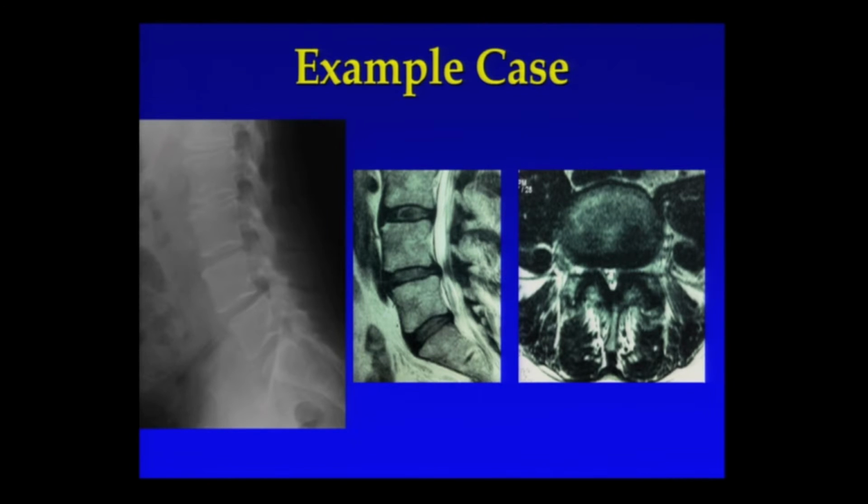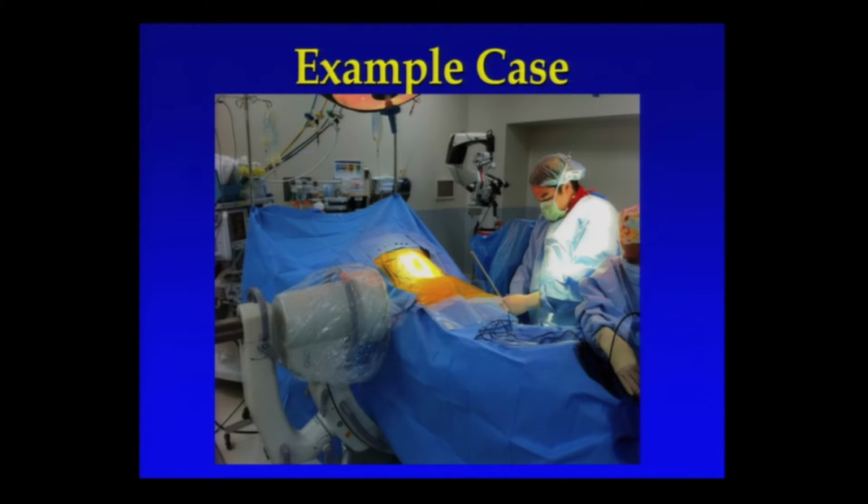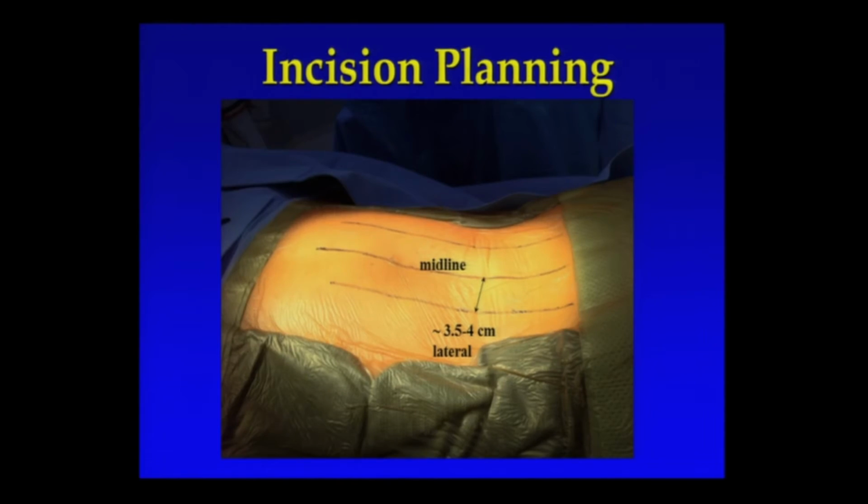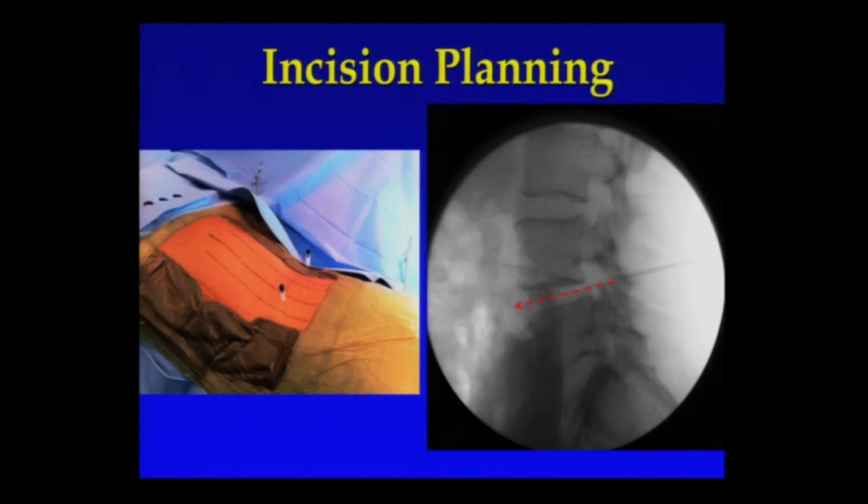It's a typical case, a stenosis and spondylolisthesis in a patient who has failed nonoperative management. Typical OR setup in a prone position, just like you would for an open case. Instead of a midline incision, though, paraspinous incisions, 3.5 to 4 centimeters off the midline, depending on the girth of the patient. And since we're making small incisions, we've got to judge their location accurately and do that with small spinal needles.